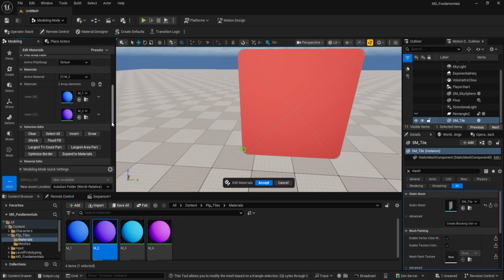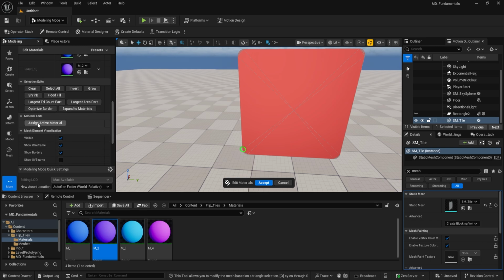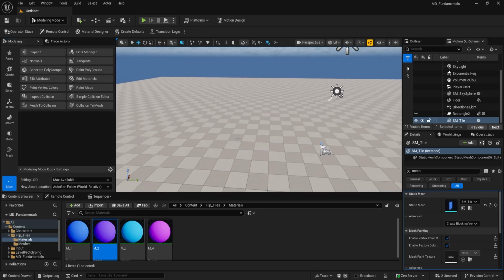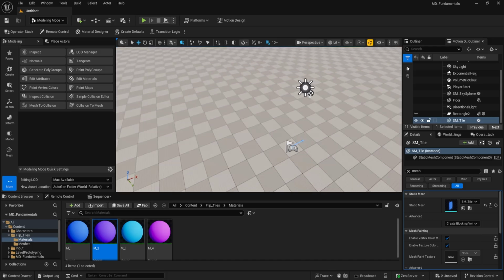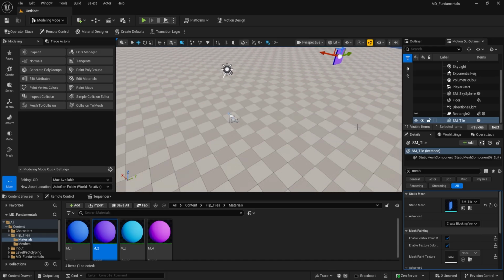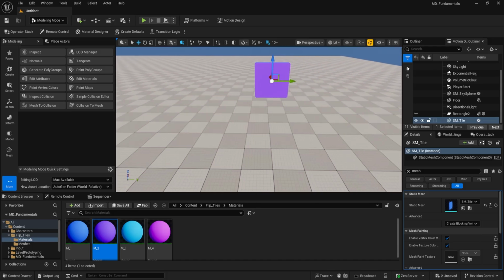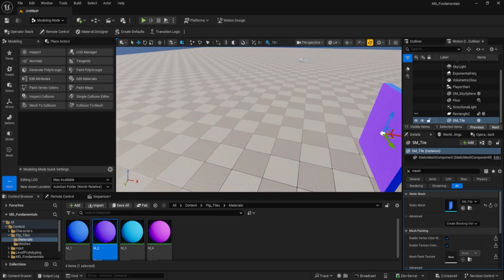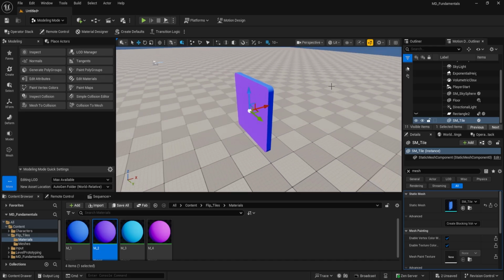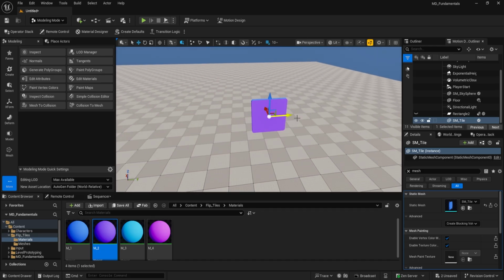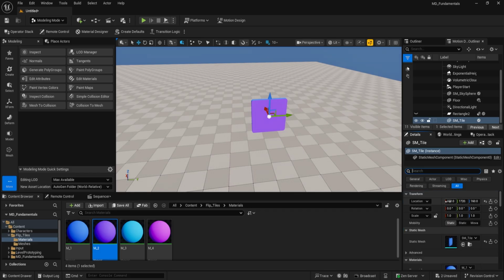and just go to assign active material, so you can see our material is applied, and just go to accept. So what happened, yes, you can see our material is applied. Perfect. Now what we want to do, just make sure it is in the